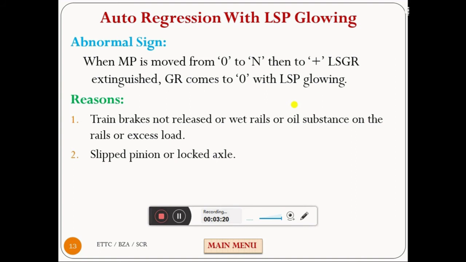And at the same time, due to locked axle also, this traction failure occurs. If any of the TM branches which are connected with QD1 or QD2 is affected due to locked axle, this traction failure will be experienced.